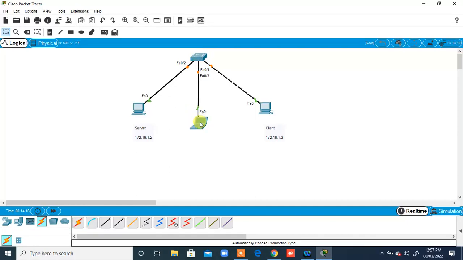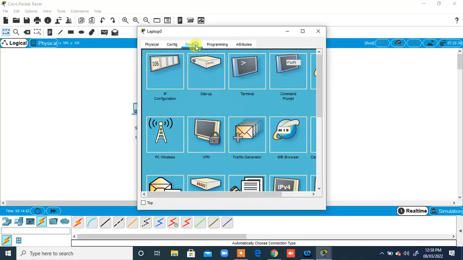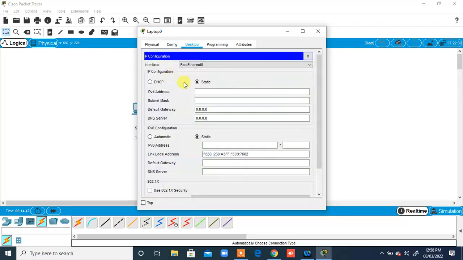Right? So let me assign one more IP address to this device also, and we will see how the communication happens. It would be like that only. We will be able to ping it. So let me put the IP address as 4 for this device. Again, we are going to do the same thing. We just double click on this laptop, come to desktop, and we have to assign the IP address. In the IP configuration, just click, and here we can assign the IP